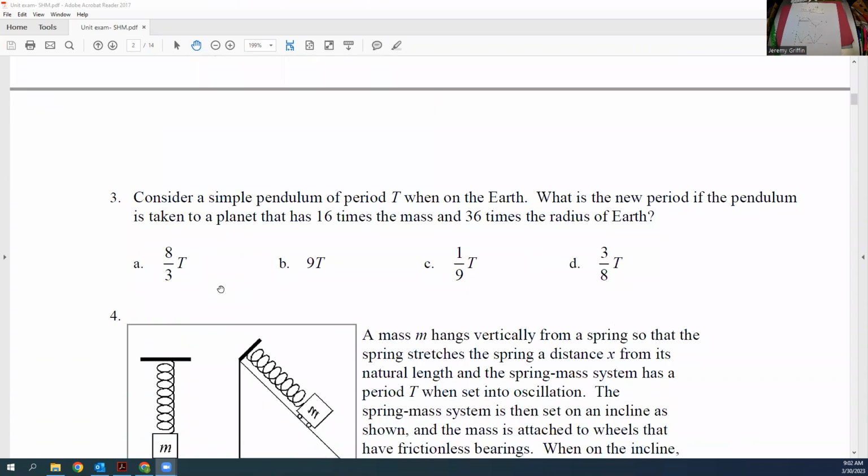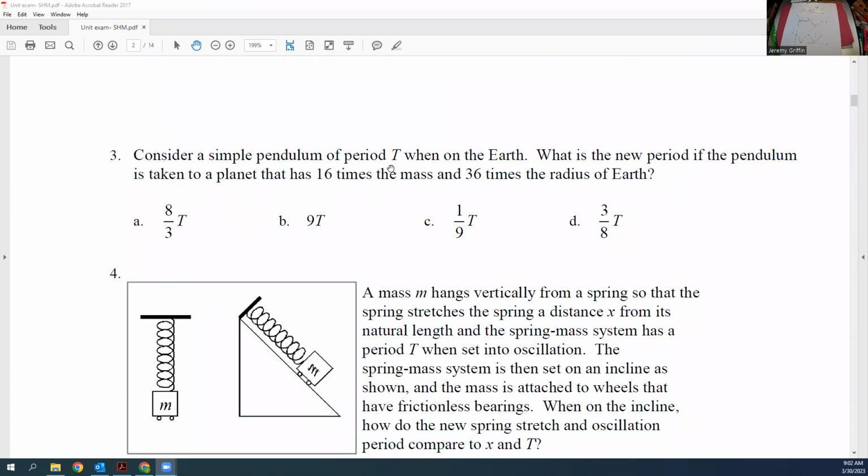All right, number 3. Consider a simple pendulum with time period, capital T, when on the Earth. What is the new time period of the pendulum if it's taken to a planet that has 16 times the mass and 36 times the radius of Earth? There's a possible simplification if it helps. You could make the time period 1 second if you like, and then figure out what the time is going to be